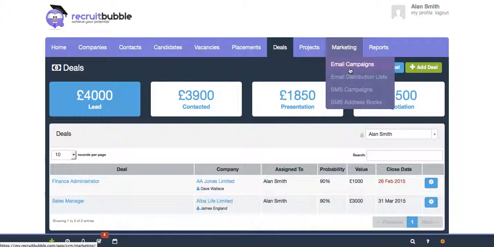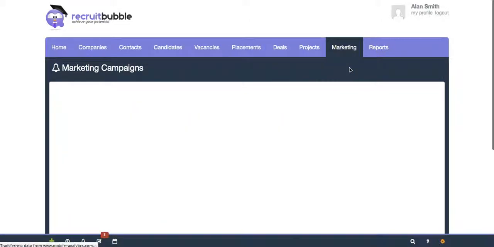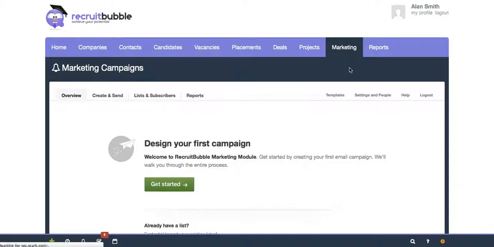Within the marketing module, what we'll see is that we can use a full email campaign solution. It'll actually give you all the functionality to not only create a template, but also send out campaigns, get the reporting, opens and click-through rates back from the actual campaign, and then push that information of unsubscribers back into the system so they don't contact those companies and candidates again,